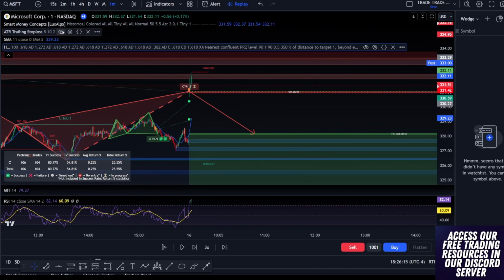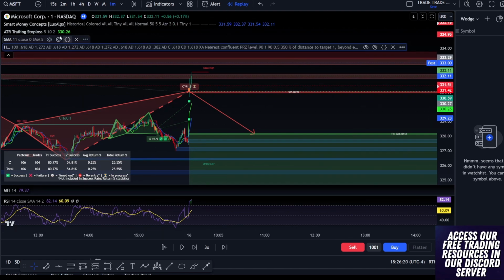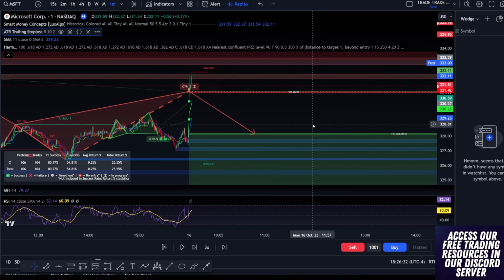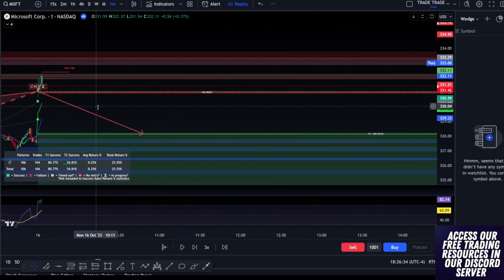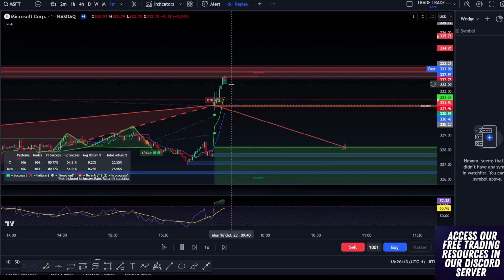Now, here's another thing I really like to use, ATR trailing stop loss. Remember before how I was saying that we're going to take our average true range and set it at a multiple of 2. So this indicator will automatically say, here's 2 times the average trailing stop, and it's going to represent it in line form. As we're allowing this to play out through the day, I'm just going to let it push. All right, we're moving up into these resistances.